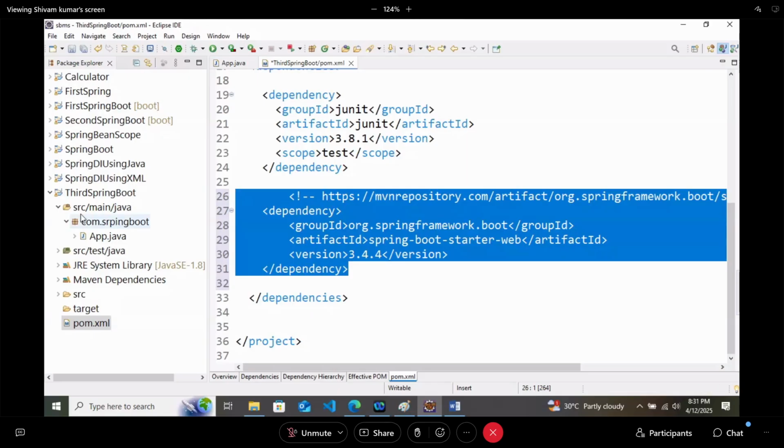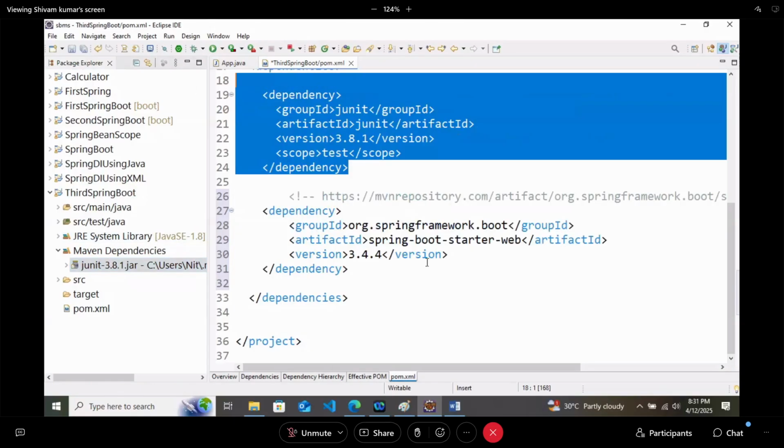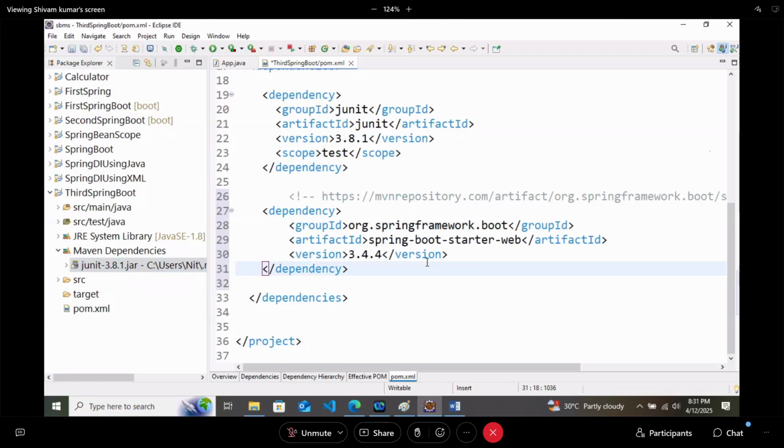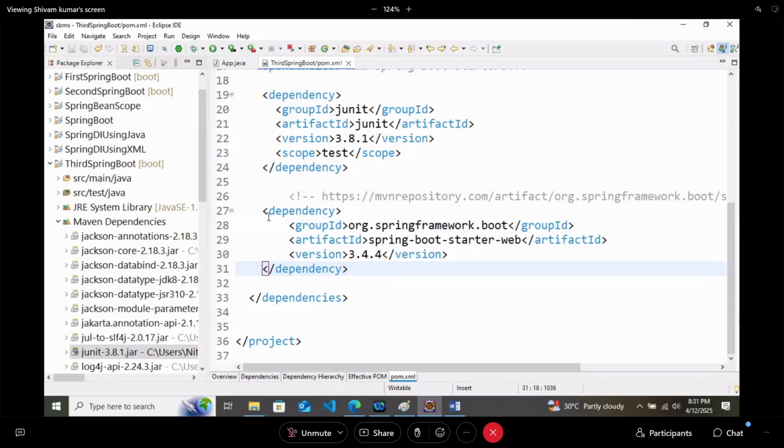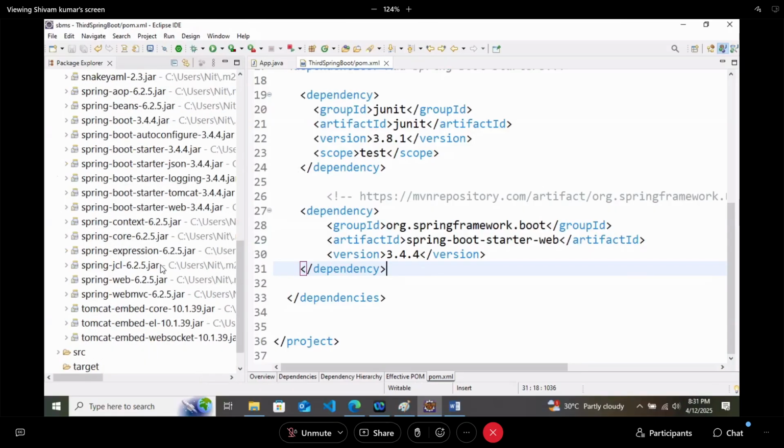Till now I have not saved the file. Before saving the file, check the Maven dependencies. How many jar files are there? Only one, that too of JUnit. JUnit is for testing. Save the file. Once saved, we got these many jar files, and these jar files are required for Spring Boot.